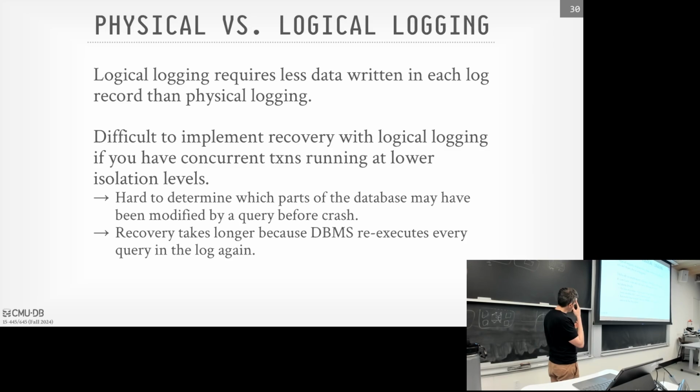So as I've already said before, logical logging is going to store way less data than physical logging and physiological logging. If that update query I showed before updated 1 billion tuples, with physical logging and physiological logging, I need 1 billion entries for all those tuples that I modified. But with logical logging, I just store the query string. And that one query string could represent 1 billion changes. But like I said, if you start trying to recover the database after a crash,